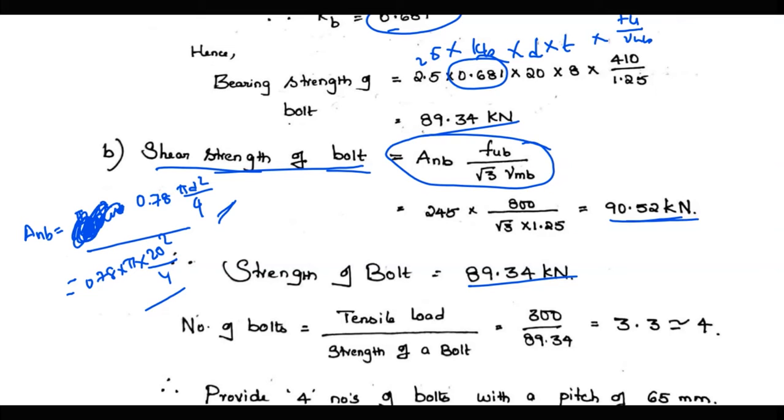But before going into that, let me give you a little more clarity on this Anb. See here, this is a plate and this is a plate. This is being joined here by a bolt. Here the number of shear planes is only one. See here, this is the plane. This is the shear plane of the bolt where shear force is going to be experienced.